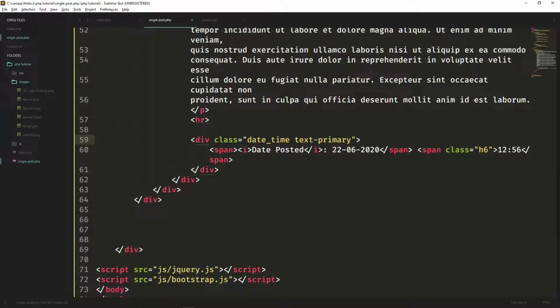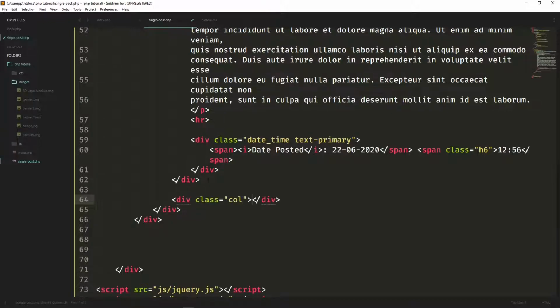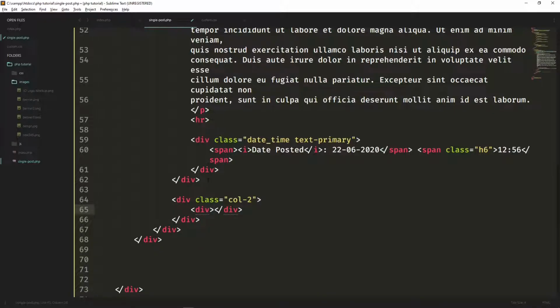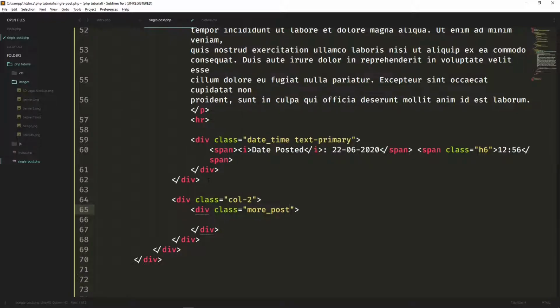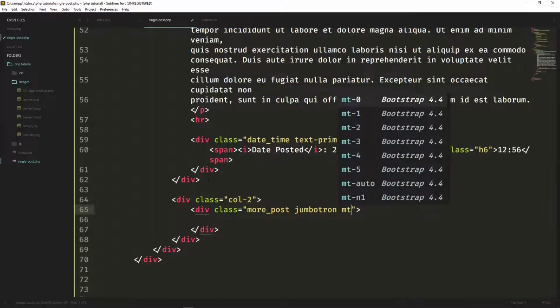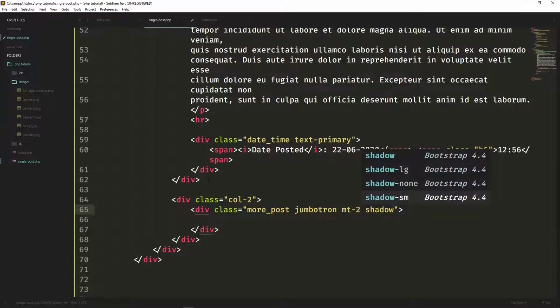So just two div. After that, let's have another div and call this code. You can remember I explained a little bit about code in our last tutorial. It's a bootstrap class, and so instead of this we have class more underscore post. We have jumbotron, margin top 2, and shadow. So instead of this div